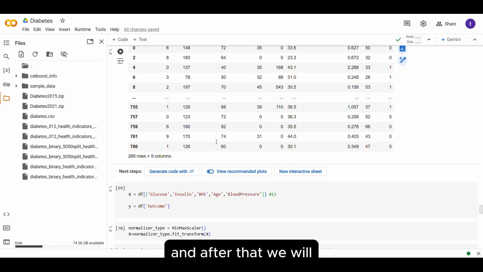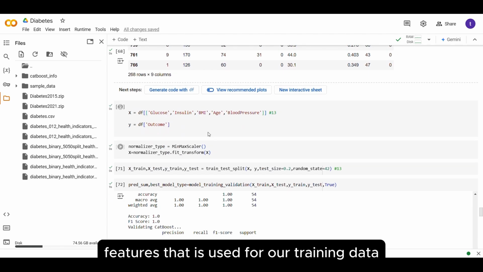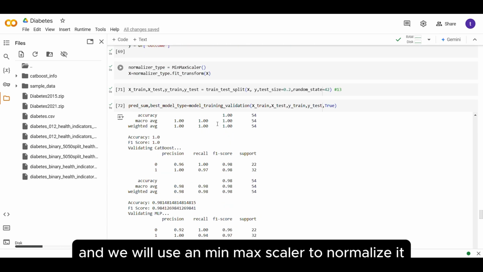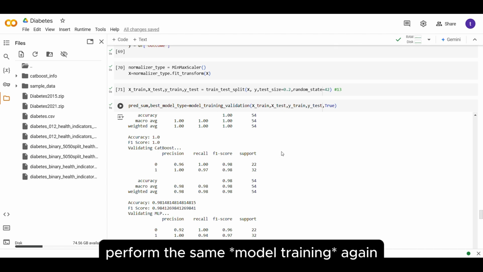After that, we extract the important features used for our training data, use a min-max scaler to normalize it, and then perform the same feature extraction again.